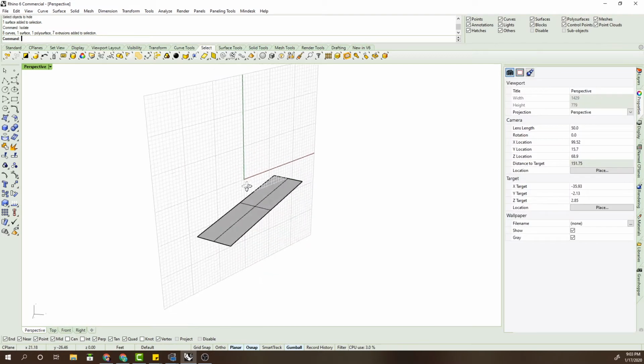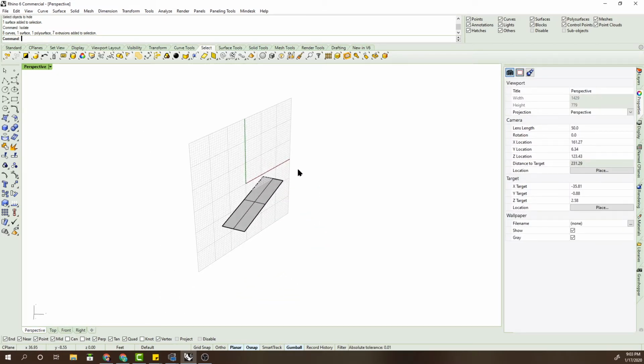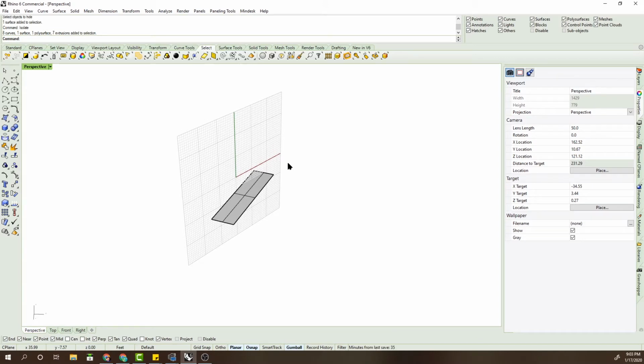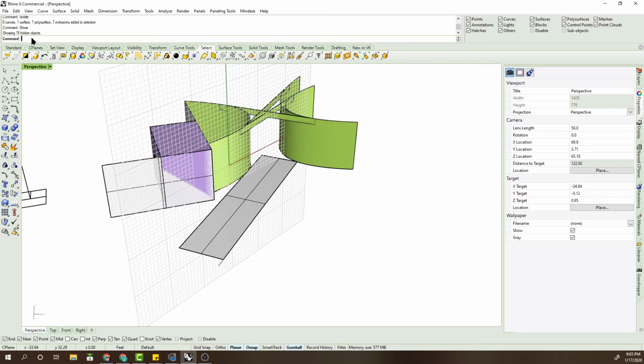So feel free to do that. It can help you lock in on what you want to do. So what I'm just typing there is isolate to lock in,